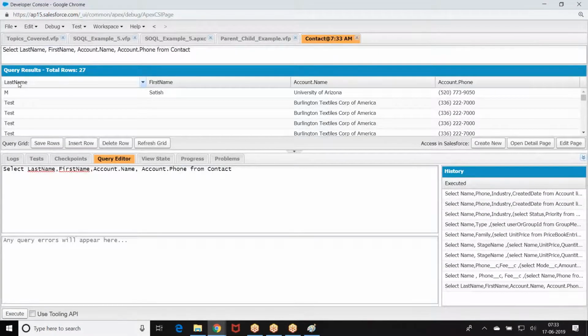We received here last name, first name, account name, account phone. The child is trying to fetch its data along with its parent data. The child wants to fetch its data along with the corresponding parent data.